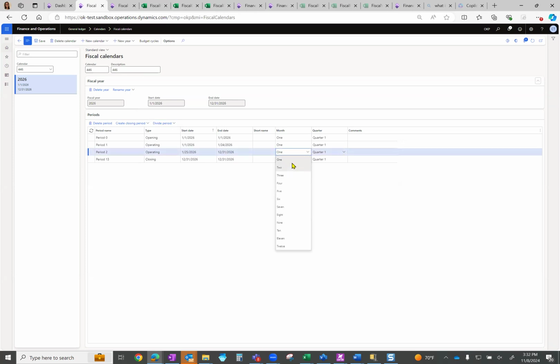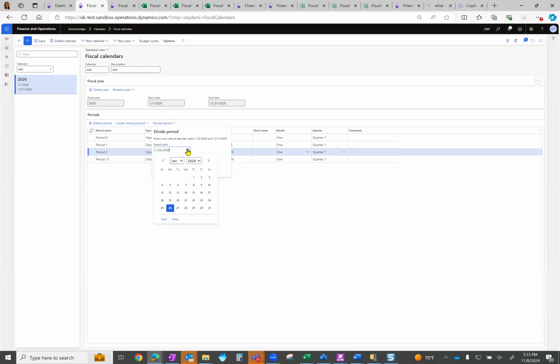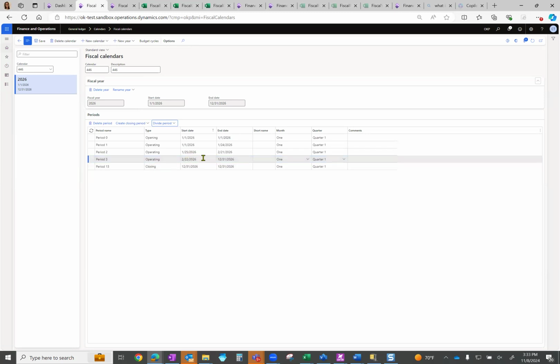So as you continue populating, let me show you an example of what it looks like. So once you hit divide period and you're going to do it again, we are going to do, let's say, February 22nd, period 3. We're going to click divide. And then by clicking divide, if we were to change this month to 2, it auto-populates 3 and 4. And we also need to